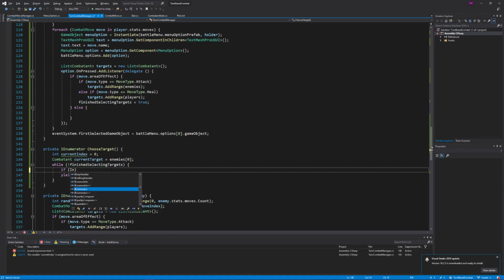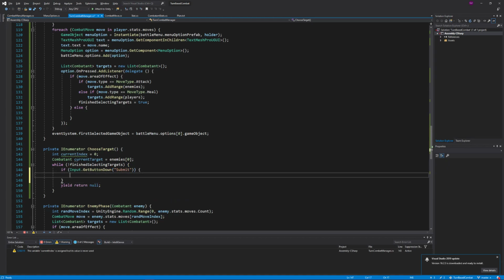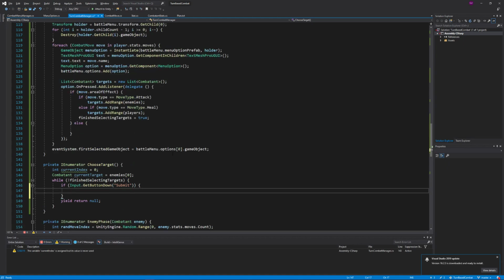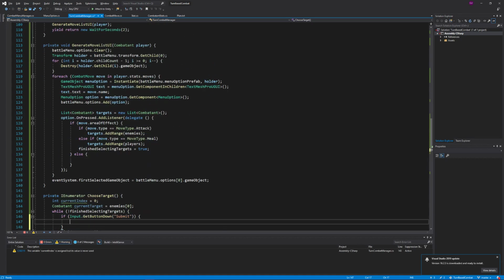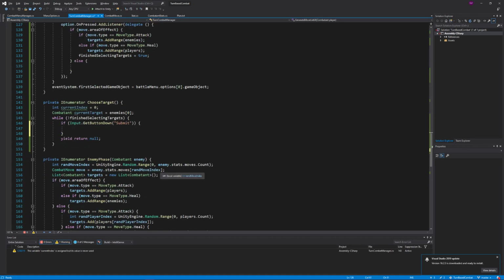If Input.GetButtonDown, I'll just use submit. So if we hit enter on it, then we can do targets.add. What is target? I think targets might need to be